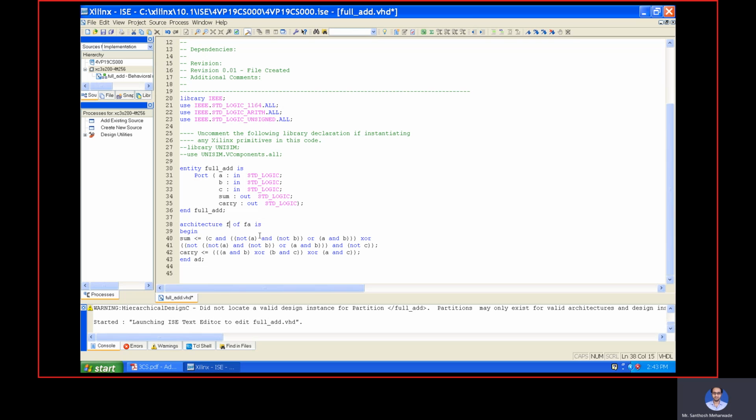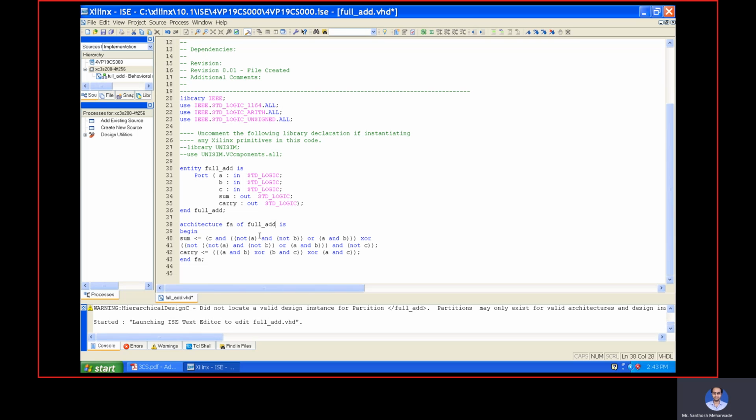Let me take it as full adder, and it should end with full adder. These are just names, and the name should be the same throughout the program. Here the entity name is full underscore add, but here it is FA, so it is not possible. So I should go for full underscore add.